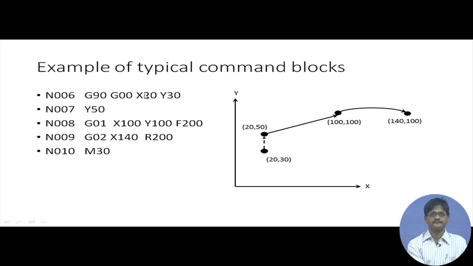So, in order to avoid that, please be careful always to declare a feed value for G01, G02 commands. After this, there is a circular movement, and we write G02 x40, and y is not mentioned. So, y remains the same, and R200. So, it moves simply from this point to that point. We have already discussed this, how this is done, and it reaches this point by circular interpolation. After that, M30 is end of program.